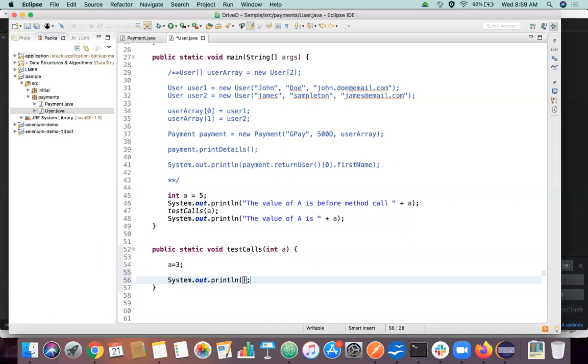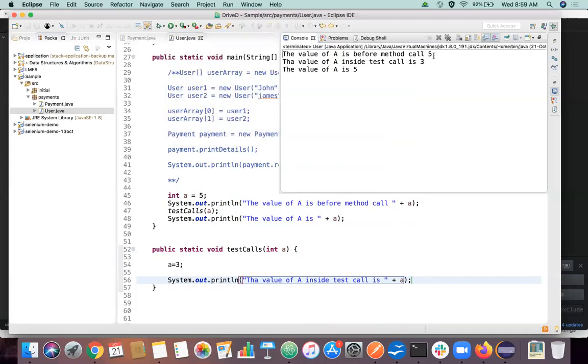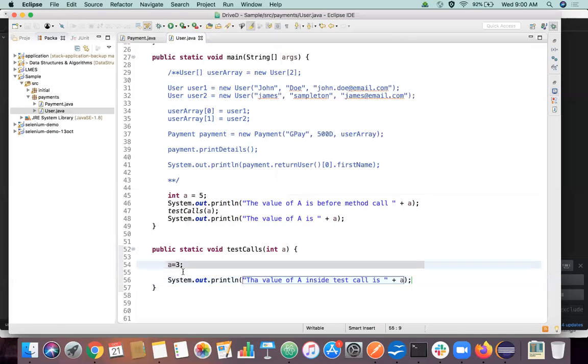So the value of a inside test call is, we'll append a. Now if you see the output, before calling the function the value is 5, inside the method the value is 3, and again outside, wherever we called, the value is 5, because whatever change we do here is inside this method only.